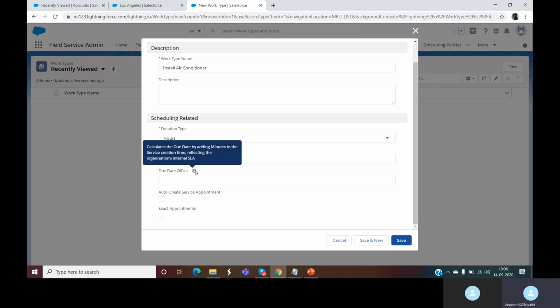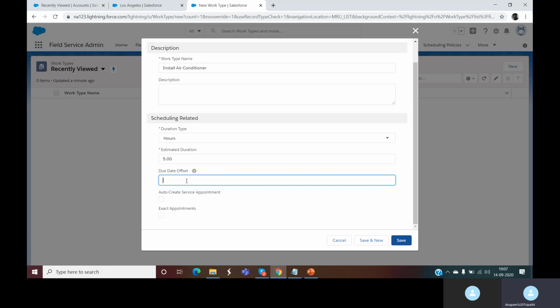The offset calculates the due date by adding minutes to the service creation time. So whenever you create a service appointment, it creates the due date by adding the minutes or the hours that we have added here. We don't have any offset, so we can leave it blank. Maybe we should add an offset of some minutes to the service creation time.